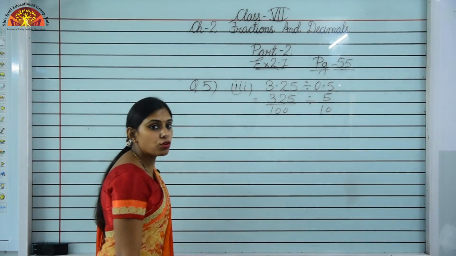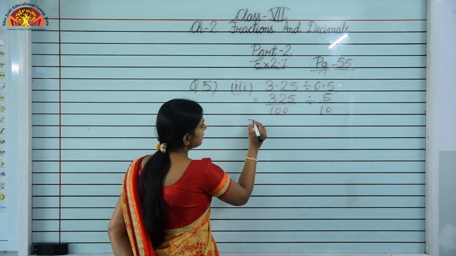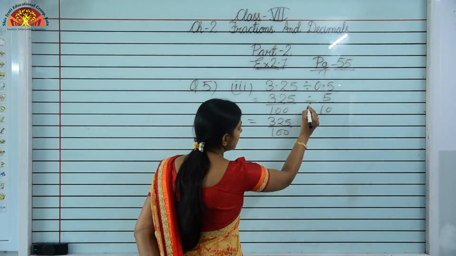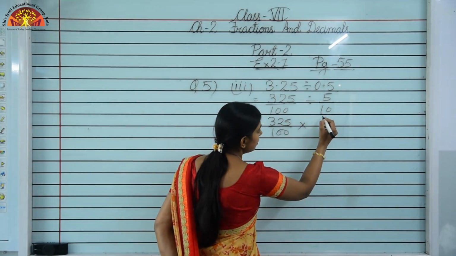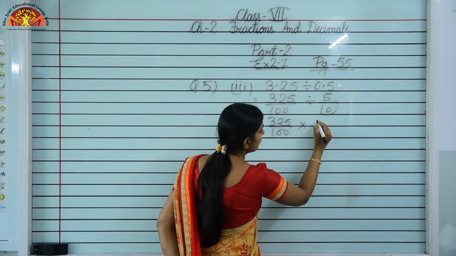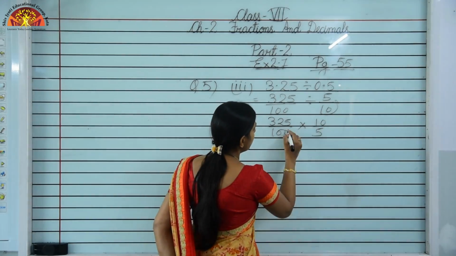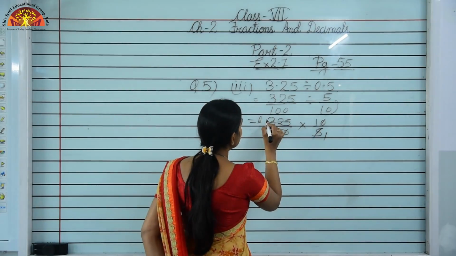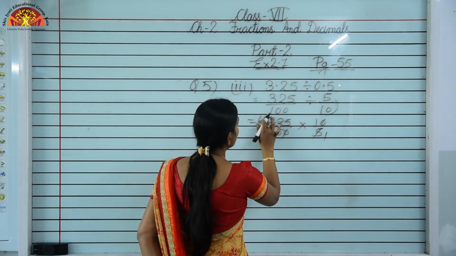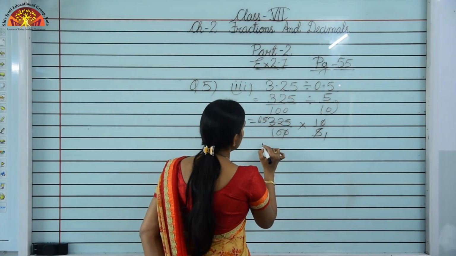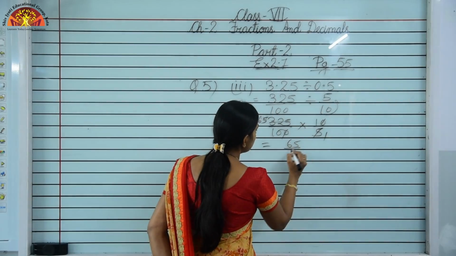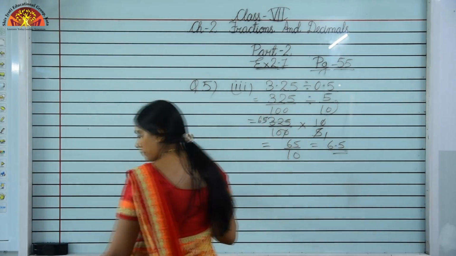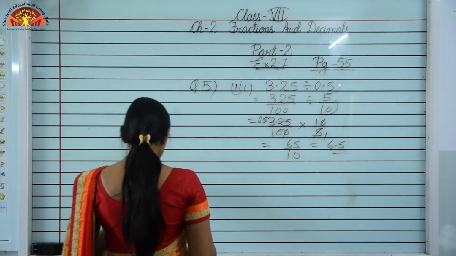Now you can just use the concept of division of fractions, that is, the first fraction will remain as it is, the division sign will change into multiplication, and you will just take the reciprocal of the second fraction. So 10 upon 5. This 0 and 0 will cut, 5 ones are 5, 5 6s are 30, 5 5s are 25. So it will become 65 upon 10. So your answer is 6.5. Okay? Your answer is 6.5.